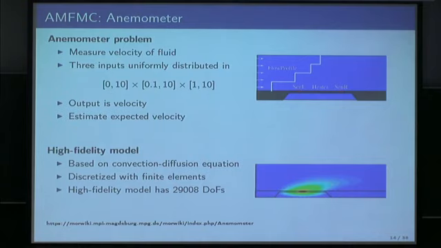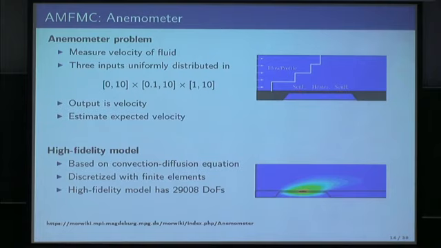Okay, and this brings me to the numerical results. So we have defined this AMFMC estimator that adapts the surrogate model up to a certain point that's quasi-optimal. And now we want to apply it to some model problems and see how it performs there. The first problem that I want to consider is from this model reduction benchmark suite that you can find on this website, and you can also download all the code there.